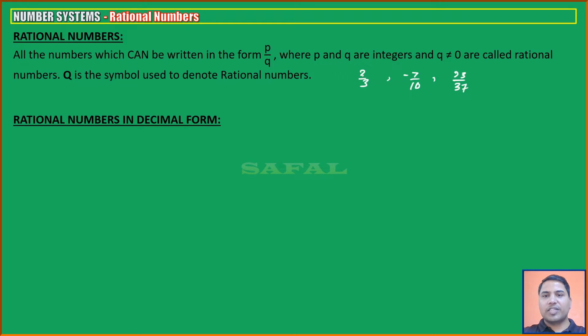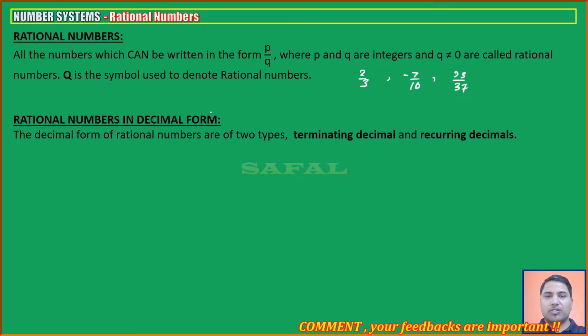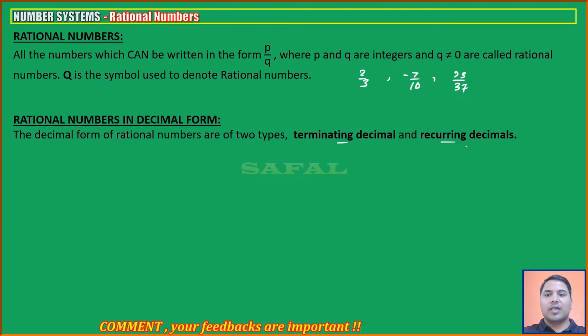Now of course all of you know the long division method, correct? If I ask you to divide 2 by 3, you can divide it and find the decimal form of this. So now we are trying to understand that if we are representing the p by q form in decimal form, what kind of decimals we are getting. If you divide p by q, numerator by denominator, two kinds of decimals are possible. One is terminating decimal and one is recurring decimal. Let's see under what situation we'll have terminating decimal and under what situation we'll have recurring decimal.